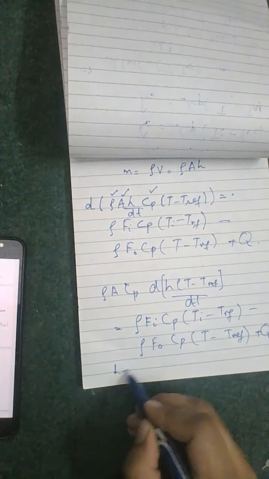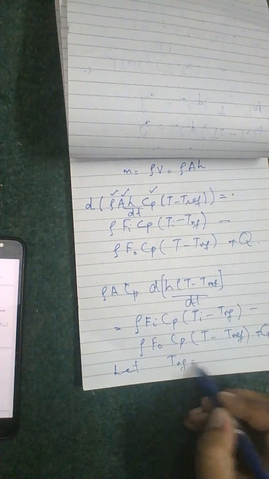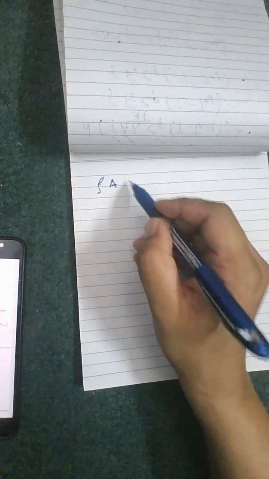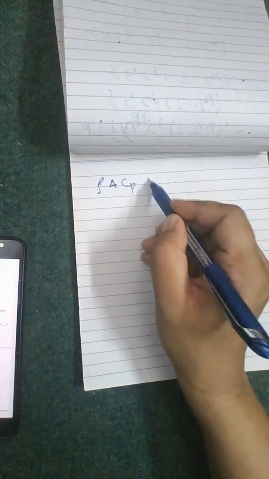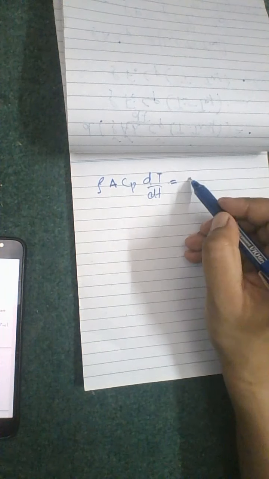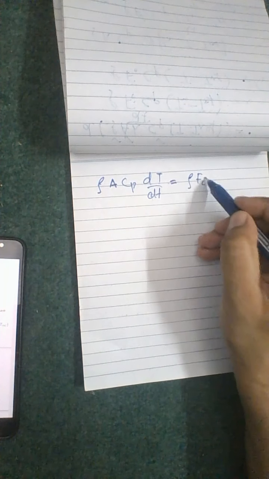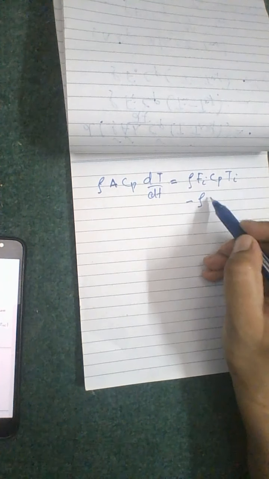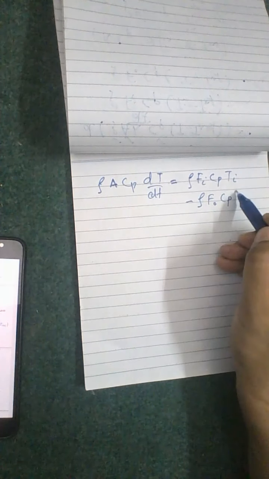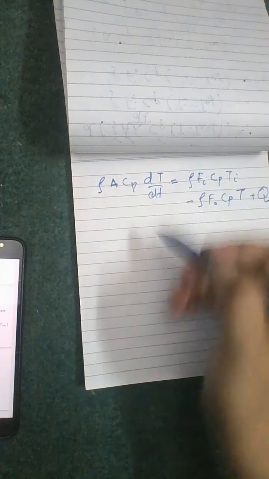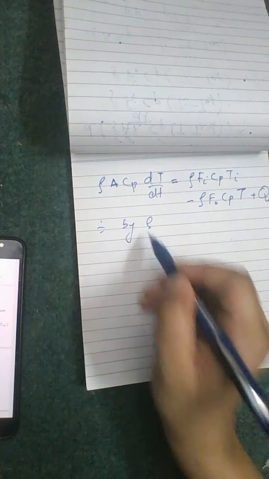Now let's suppose we are given the reference temperature T reference as 0 for simplicity. So it will be rho A Cp d(hT) over dt is equal to rho Fi Cp Ti minus rho F out Cp T plus Q. So you can divide the whole equation by rho. You will have